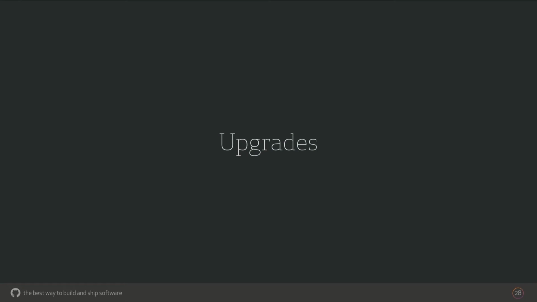Another area that people often ask about is upgrades. Upgrades are important, and they happen more frequently now than they did in the past. The reason that we want to create that steady cadence is that we want to deliver you the latest and greatest features that are tested from .com and provide them to your users in a timely manner. So we strongly recommend that you keep pace with the upgrades, because oftentimes developers will see something on github.com and then immediately ask administrators in the field, when is this coming for me? And if you have a proactive upgrade plan in place, you can get those latest and greatest advancements out